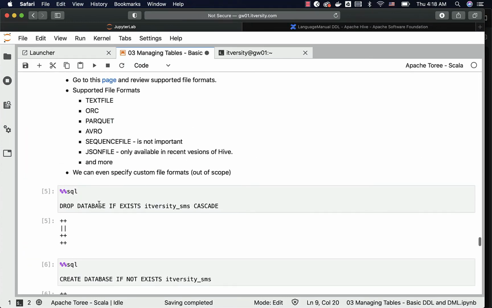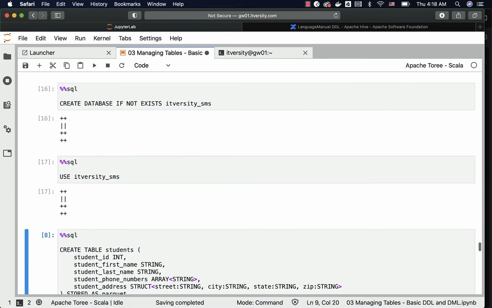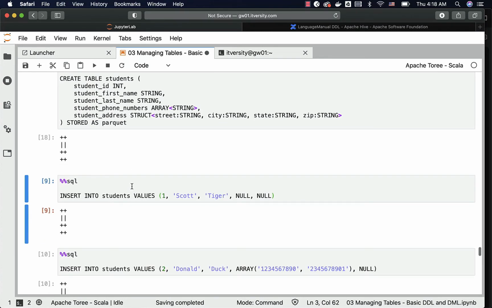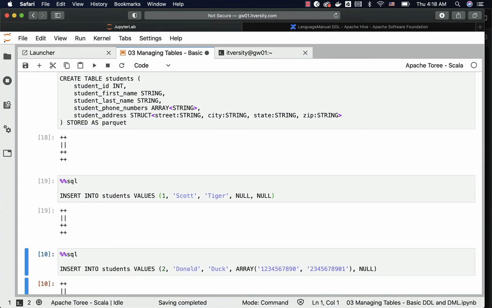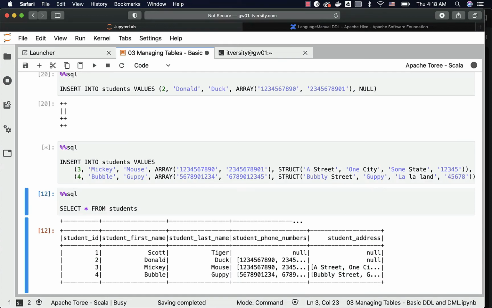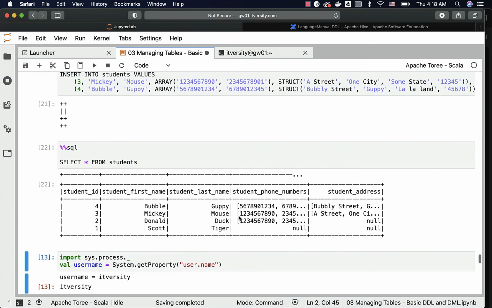That being said, let me drop the database again. Let me create the database. Let me run this use command to connect to the database. Anyway, we are connected to that database, so it will not have any special effect. Now let me create this table. It will be created without any issues. When it comes to inserting the data, whether it is a text file format table or Parquet file format table or Avro file format table, it will not make any difference. The syntax of insert commands is the same. We are running the same insert commands here. Then I am running select star from students table here, and we can see the results.